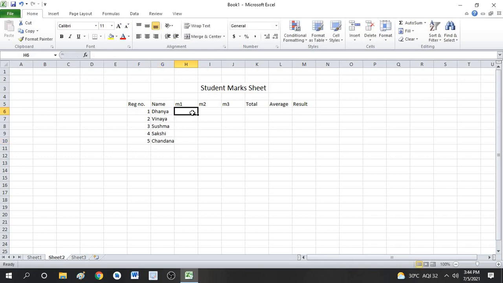I'll give the marks. So here what you are doing, you are actually entering the data into the records.